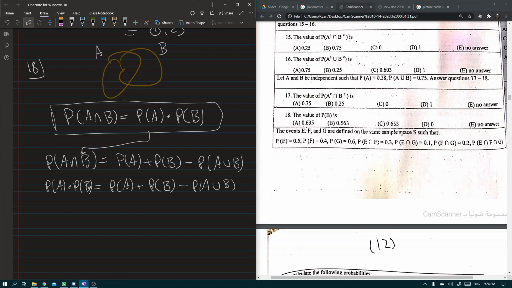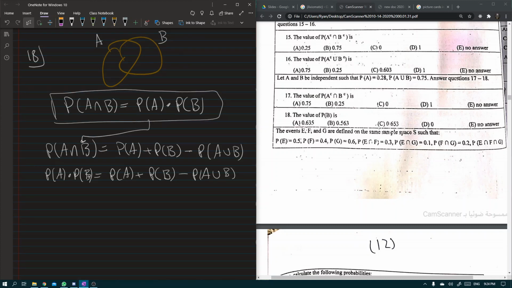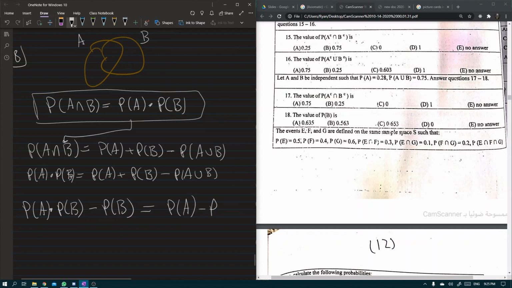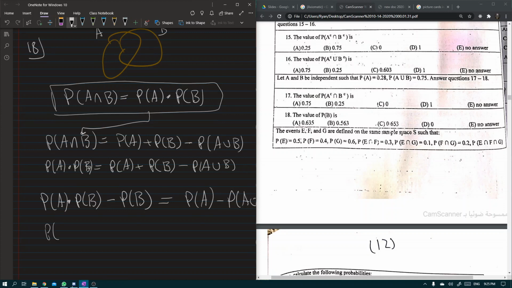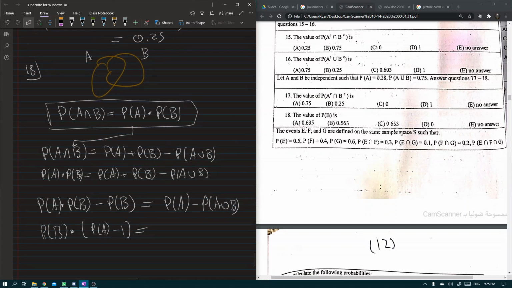Now I think we need to simplify this equation. Right, so now we group the B's together. So probability of A times probability of B minus probability of B is equal to probability of A minus probability of A union B. Then you group by B. At least I think this is how you do it. I've never seen a question like this, to be honest. So probability of A minus 1 is equal to probability of A